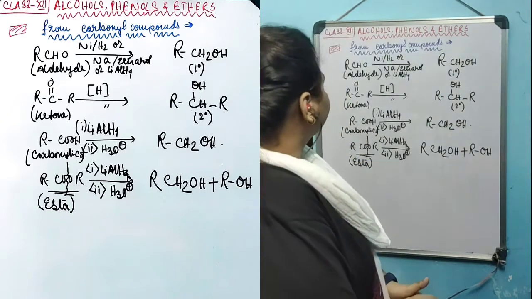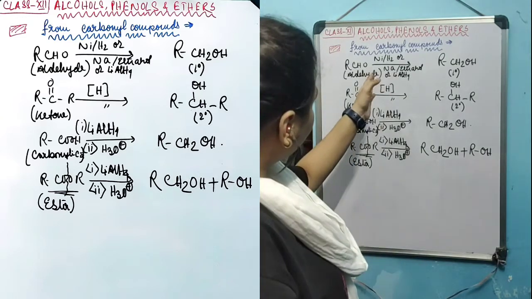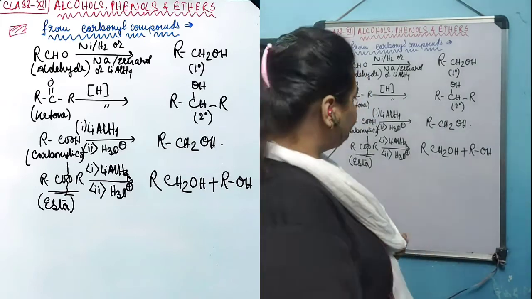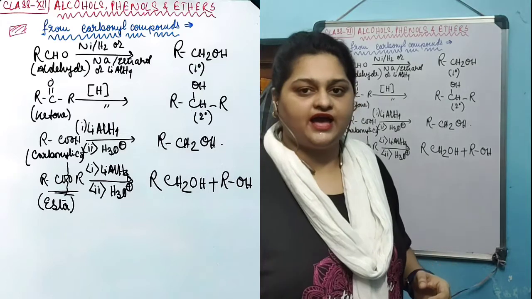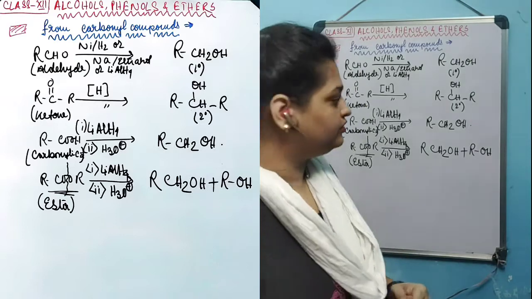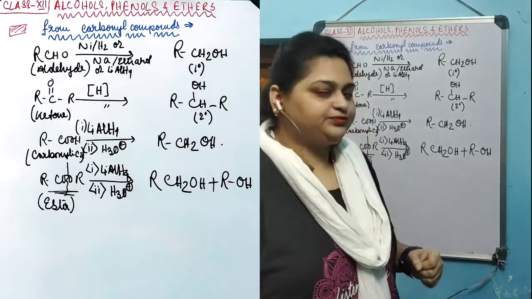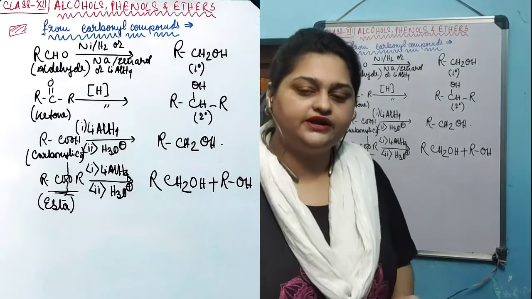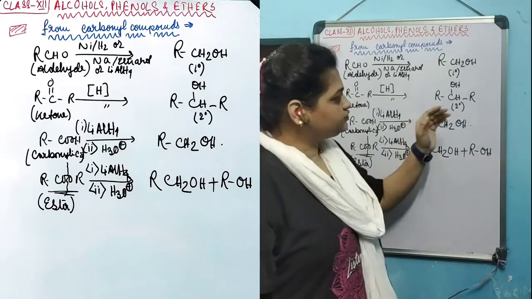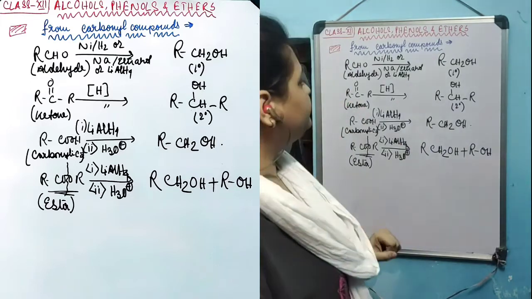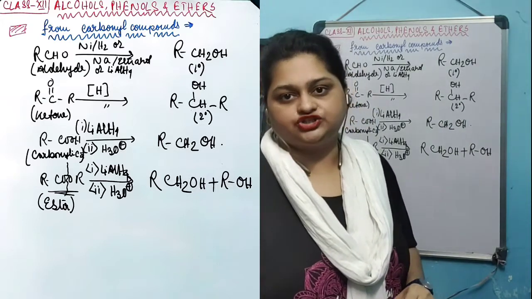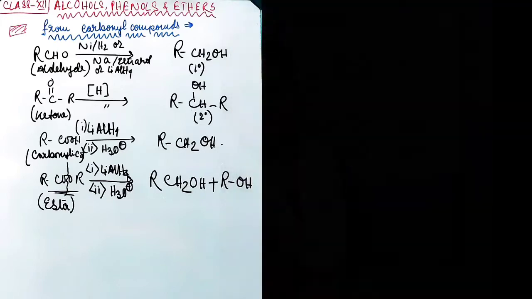So, in short, via the reduction reaction, carbonyl compounds produce the corresponding alcohol. Depending on the carbonyl compound taken, we can have the corresponding alcohol. Ester always produces a mixture of alcohols. Carboxylic acid produces alcohol, which requires an acidic hydrolysis at the end of the reaction, and ketone produces a 2 degree alcohol, and aldehyde produces a 1 degree alcohol when subjected to a reducing agent.